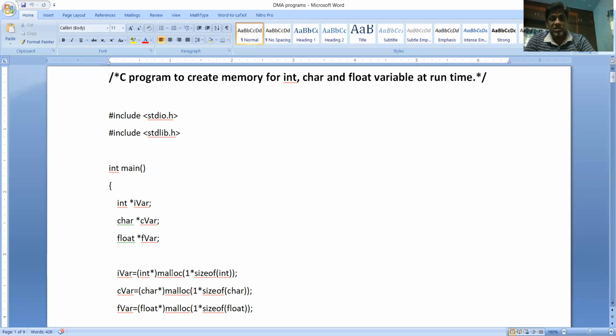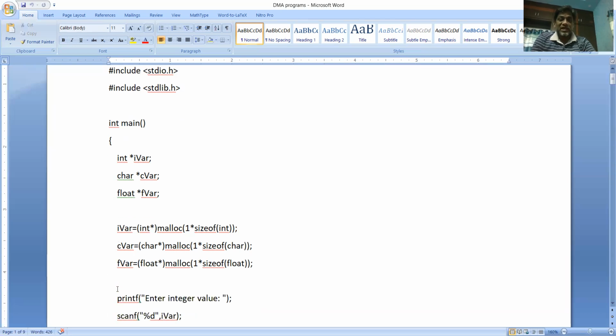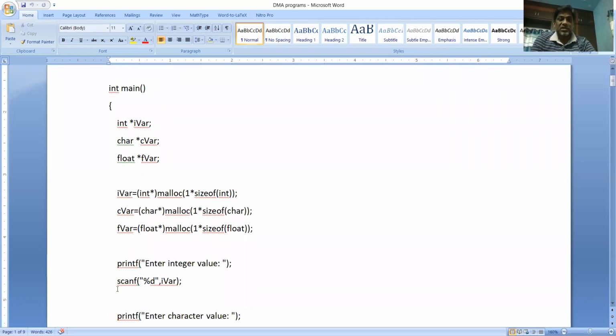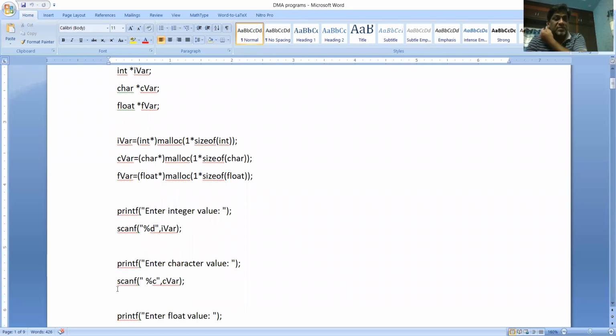You can remember this easily now. And because I want only one memory location, it is going to be 1 into size of float, and 1 into size of char. Here it is 1 into size of int. Okay, so these three statements will create the memory locations and store the corresponding addresses into the respective variables.